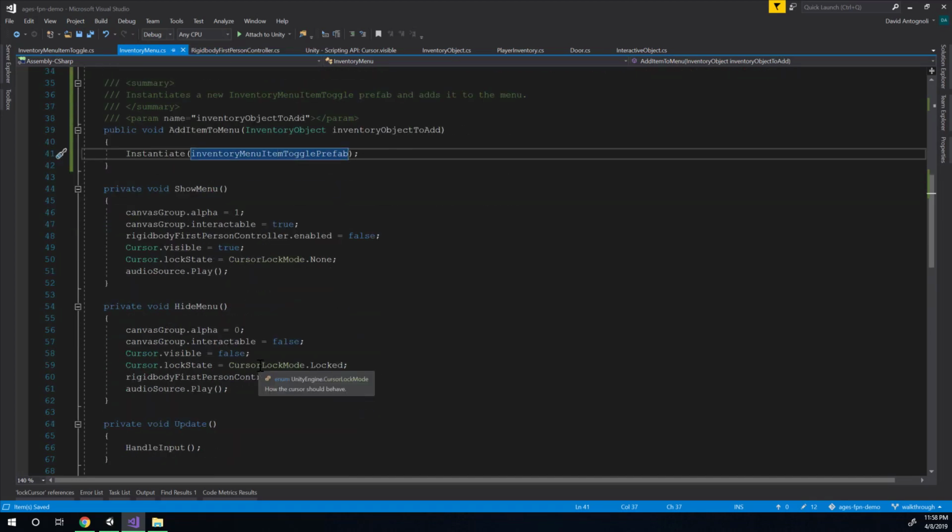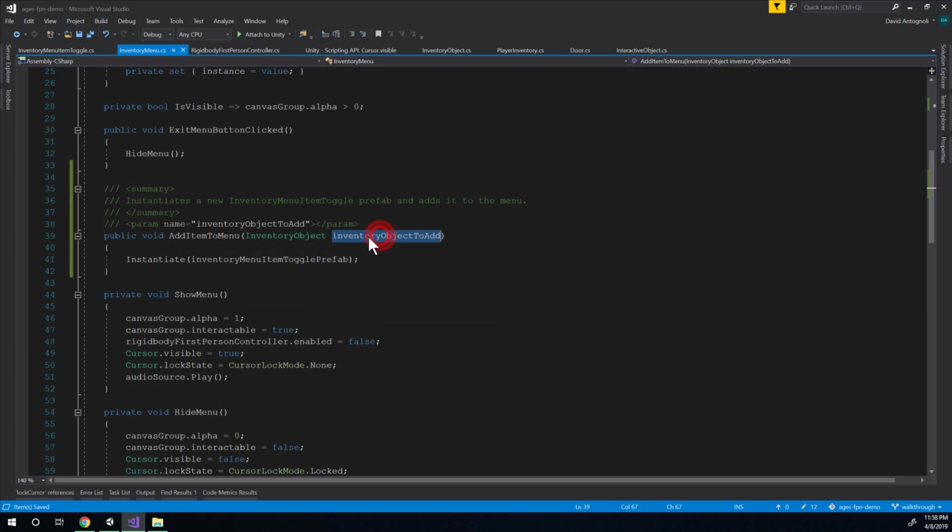But instead, we want to be able to set this thing based on whatever... where's our add to menu? Oh yeah, right here. We want to set it based on this, right? This is the item that we're adding to the menu. So we want to be able to set that icon based on whatever's being passed in here. So somehow I have to be able to set the associated inventory object